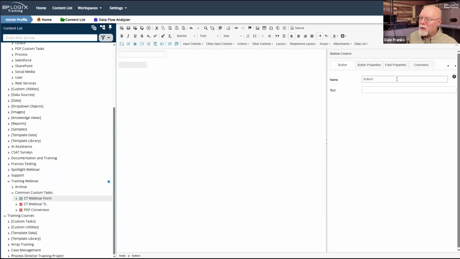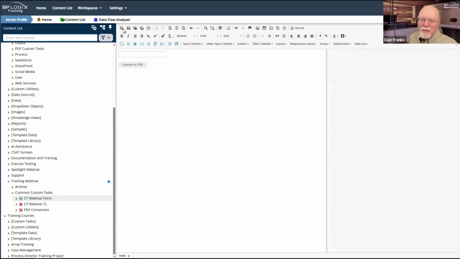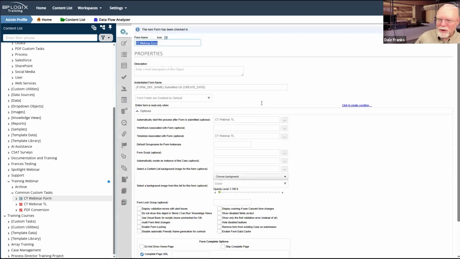Where's the button control? There it is. And we'll call it button PDF. And convert to PDF is my text on my button. I could make it exciting, chunky colors, but we'll be happy with just a button. It just needs to exist.